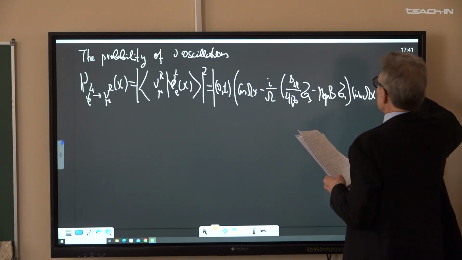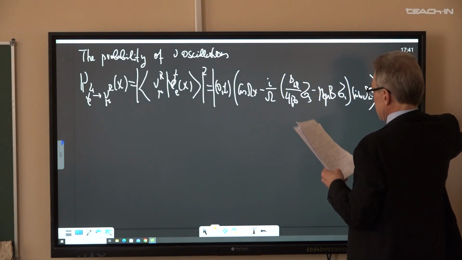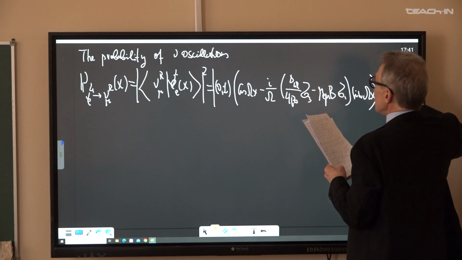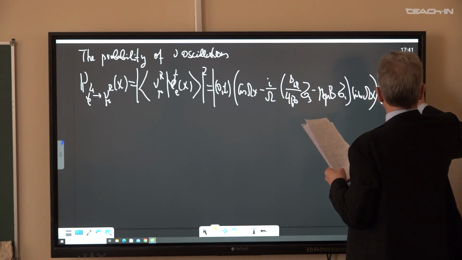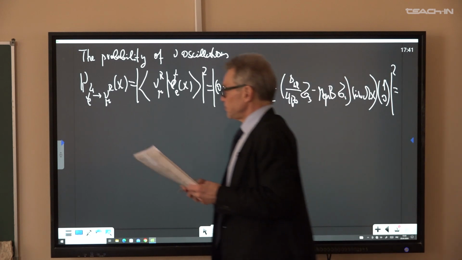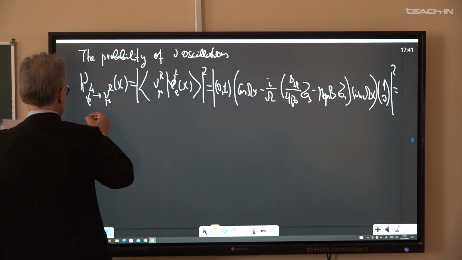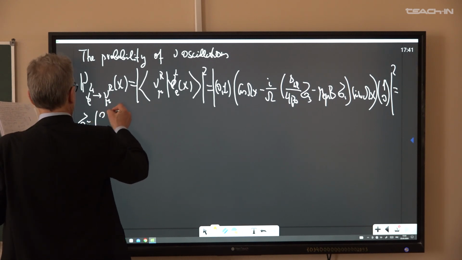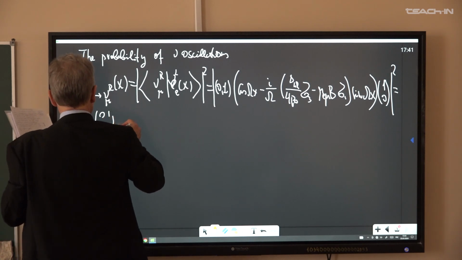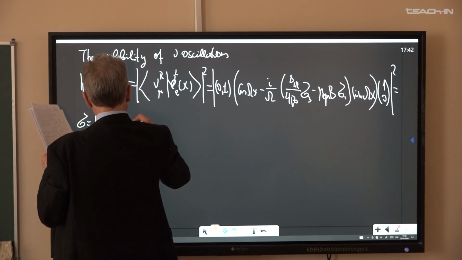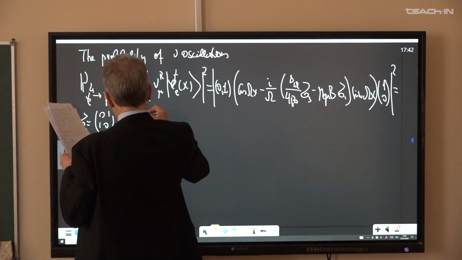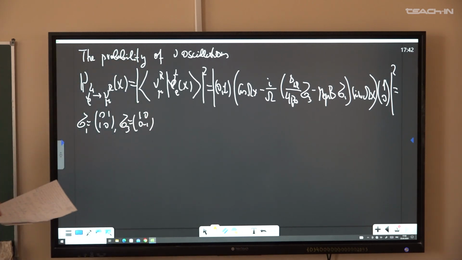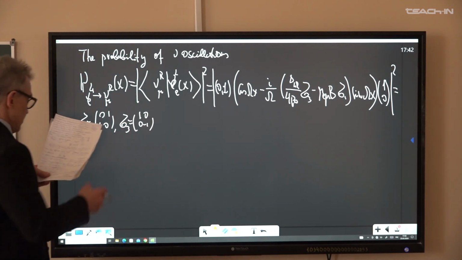So we just close these brackets, and here we write 1, 0 modulus squared. I just recall that sigma 1 is the matrix 0, 1, 1, 0, and sigma 3 is the diagonal matrix 1, 0, 0, minus 1,